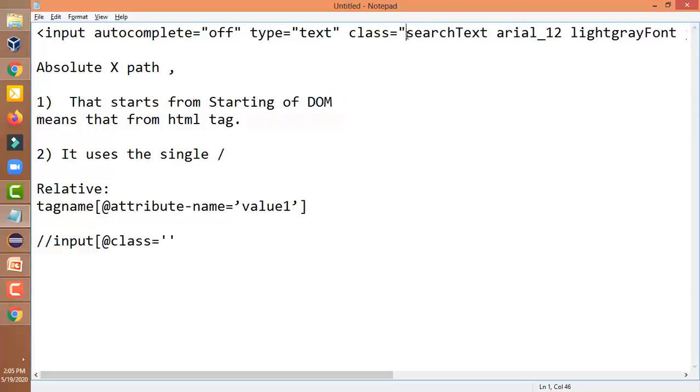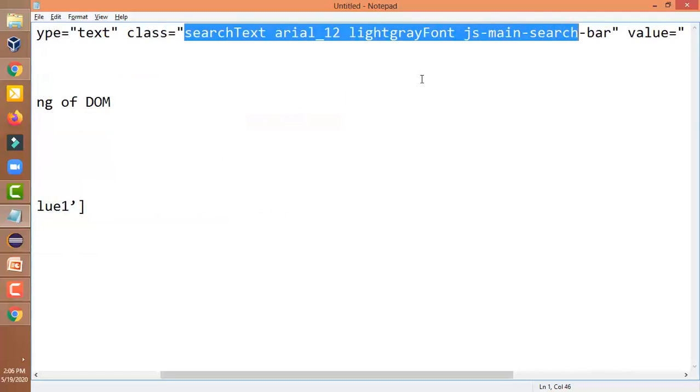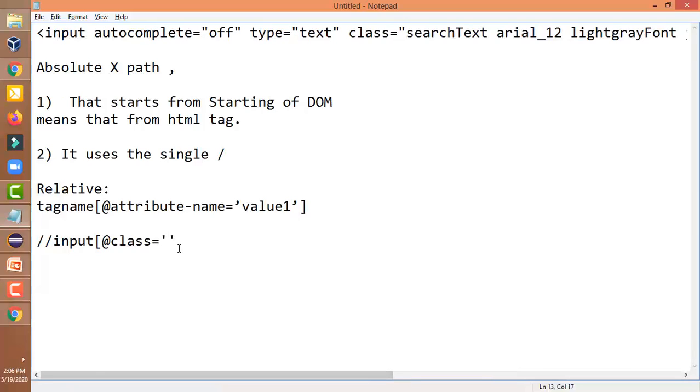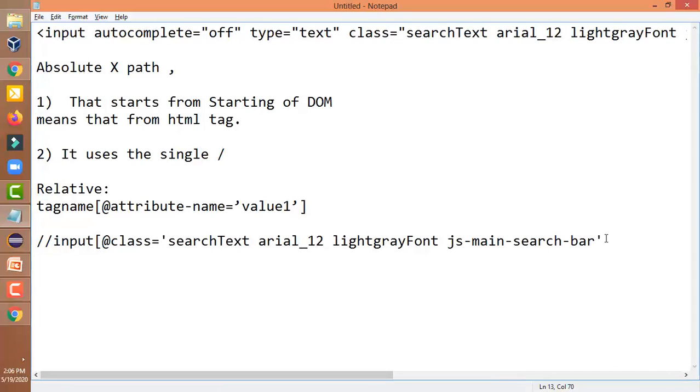The value starts from here, to here. This is the value that we have to put. Now your bracket closes. So we have created one relative XPath successfully.